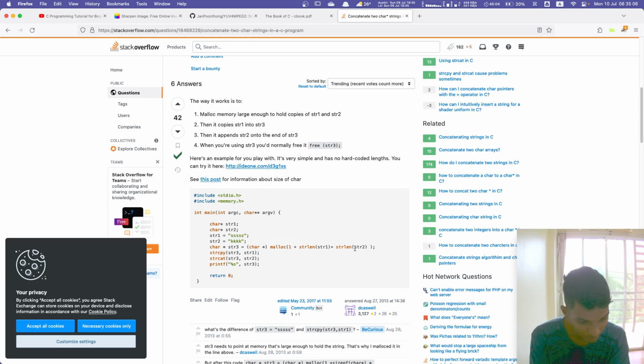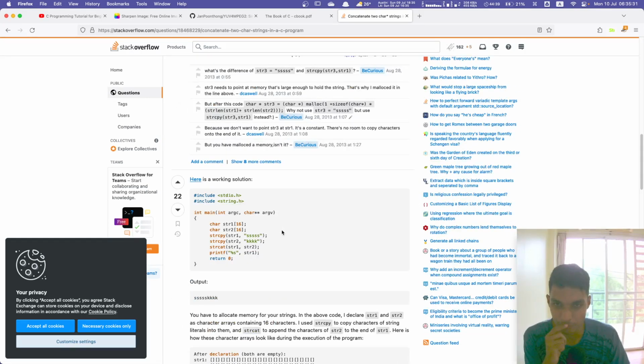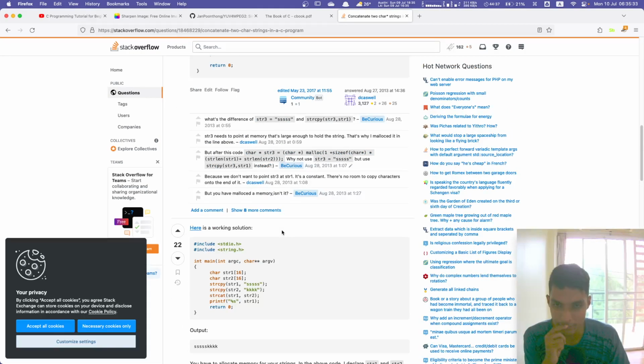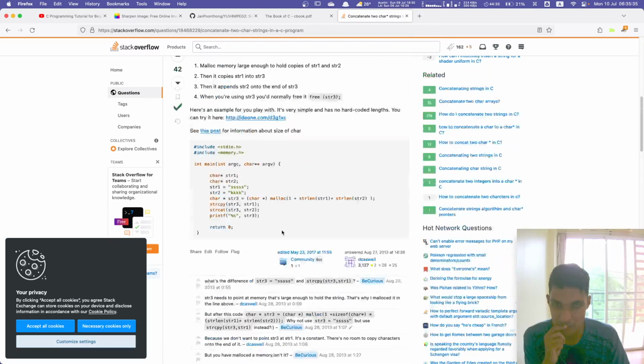You would need to first make an array which is big enough to hold the final string. 2, copy the data from the first string into the final string. 3, copy the second string into the final string. The answer uses malloc, but you don't need malloc in your particular case. Malloc isn't bad. Okay, so what I understand is,